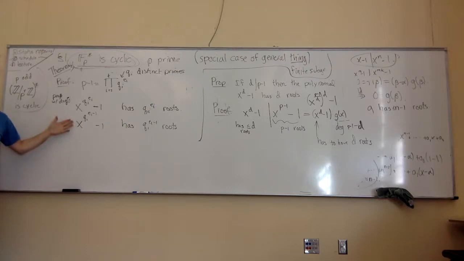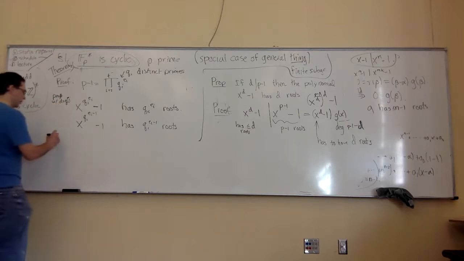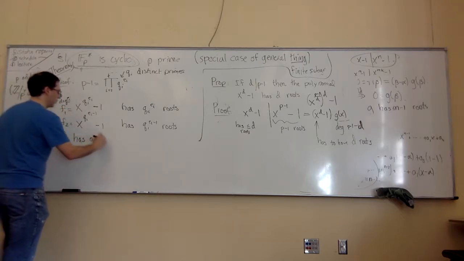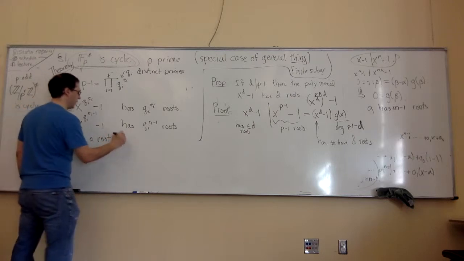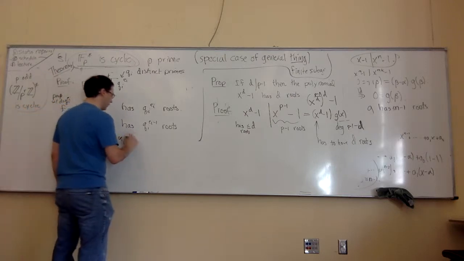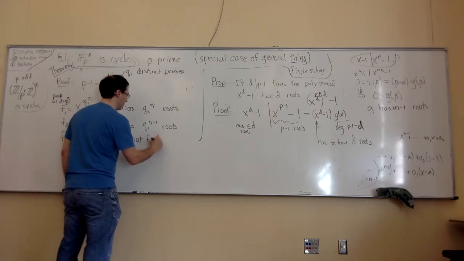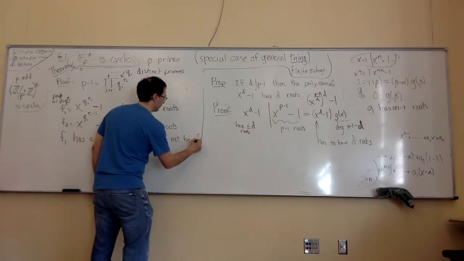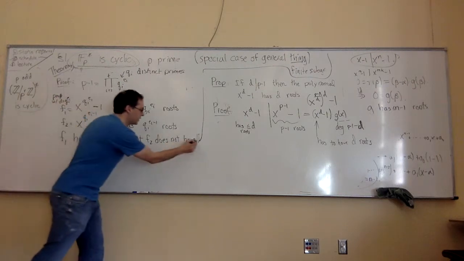And that right there is the key thing in this whole proof. This guy at the top has roots that the other one doesn't have. So let me just call these f1 and f2. f1 has a root, say alpha_i, that f2 does not have. And I'm extremely excited about this